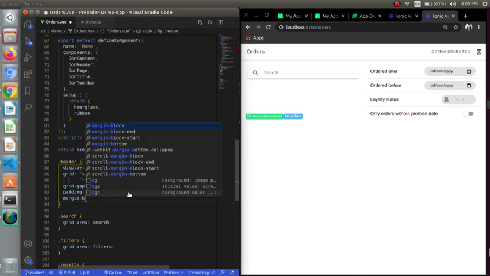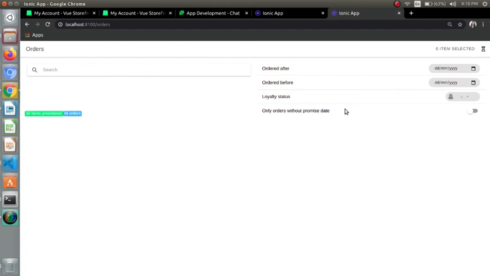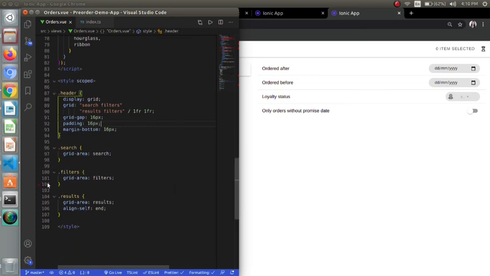Let's just give a margin as well. I want a bottom margin. So the first portion or the header part is completed now. In this way I created this portion using the grid area, grid template columns, and given some gaps using the CSS grid properties.